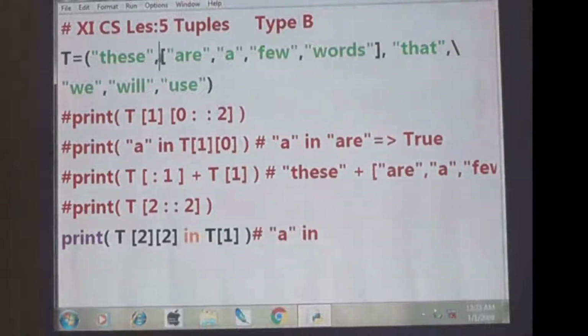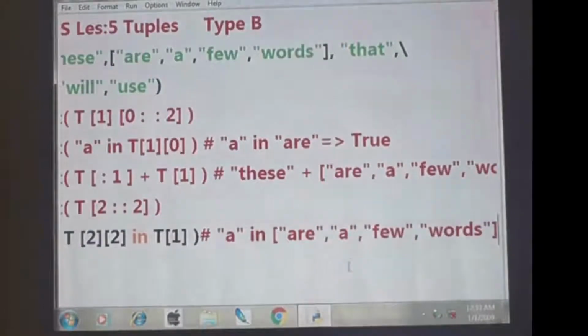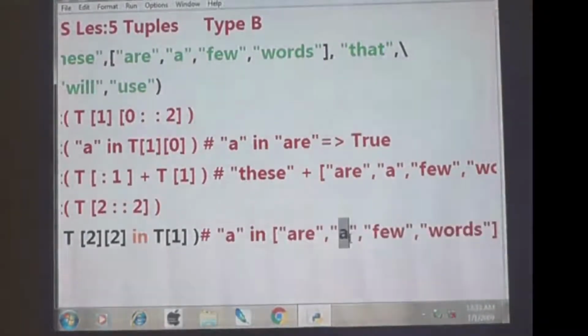T of 1 means this one. So is this A there inside this list or not? Yes, it is there.